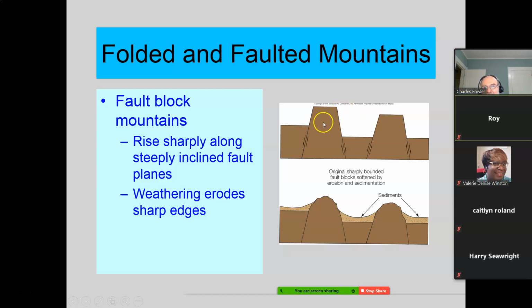Yeah. At first, they were very angular and rise sharply. But over time, weathering occurs, wears off the edges here, and actually wears down the mountain, and at the same time filling in the valleys, okay? Because the weathering has to go somewhere, so it fills in down here, comes off the mountain, fills in here, so you have sediments formed. Okay, now